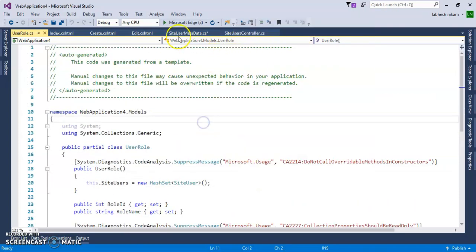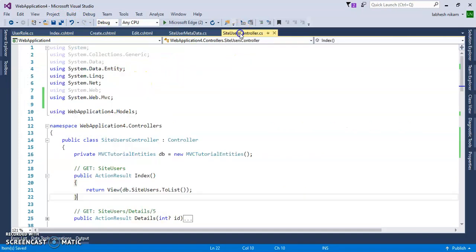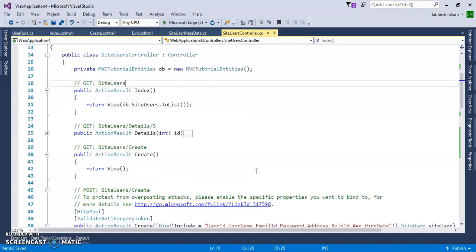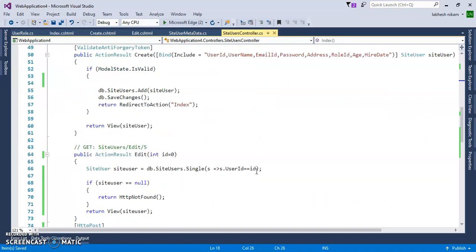So we will use this confirm email property inside this partial class. Let's save it, and now we will add this confirm email property here to compare with the email ID at edit time.